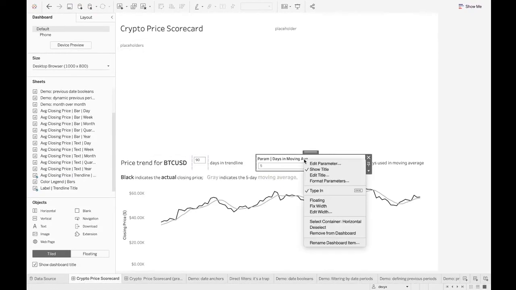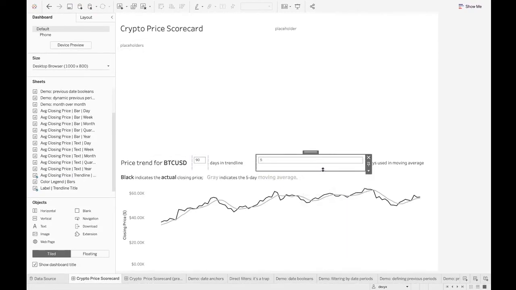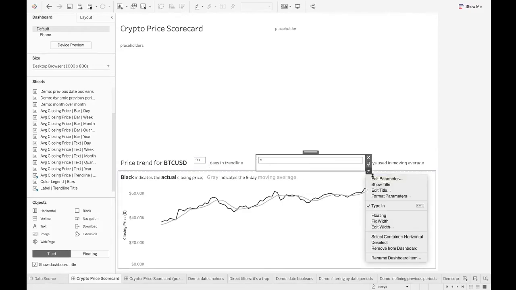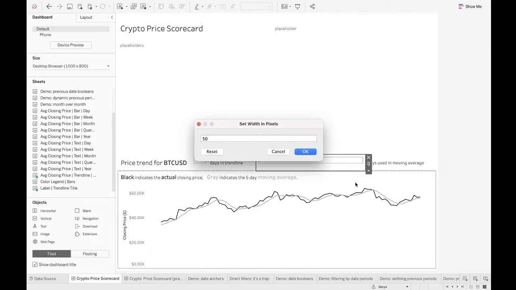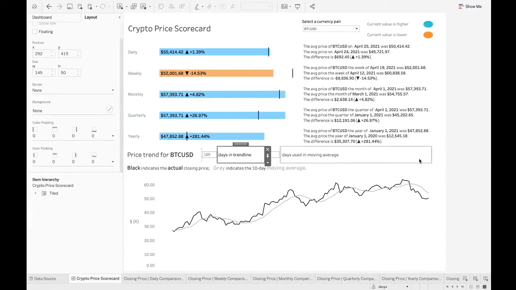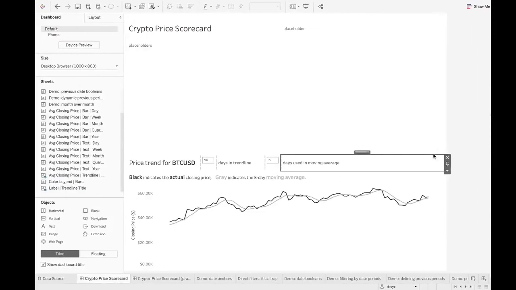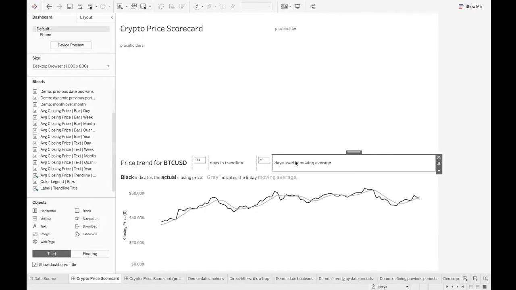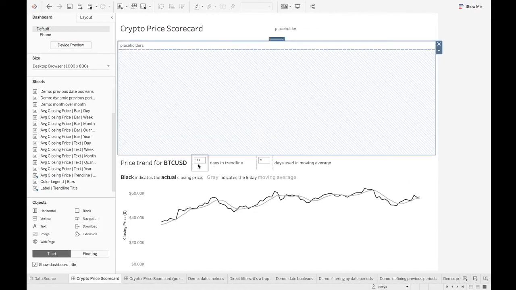And then this parameter, we don't need the title. And we also want this to be about 50 pixels. That's at least a good starting point. Yeah, I'm happy with that. And then this one as well, we can actually leave this as is. For some reason I put a blank layout container out here in the original dashboard, but I don't really think we need it. So let's just leave this as is. And then now it still looks a little bit weird. Like, why is this